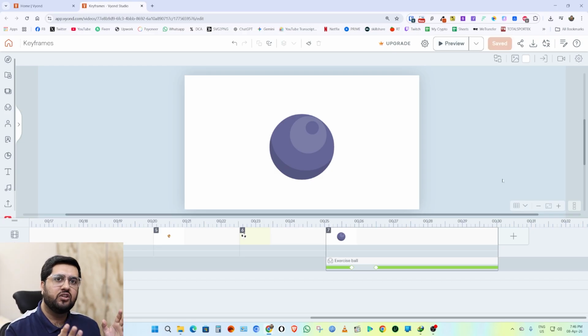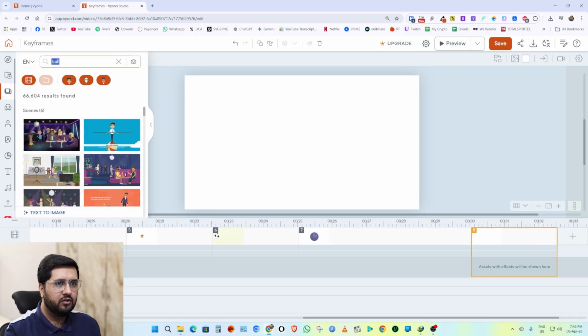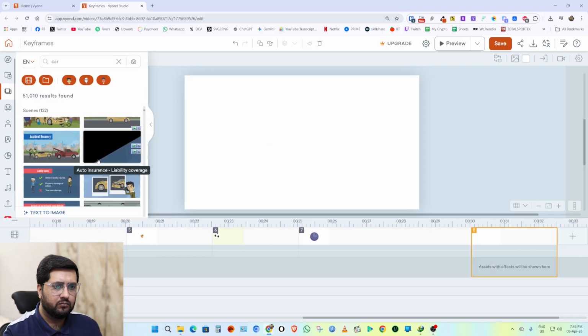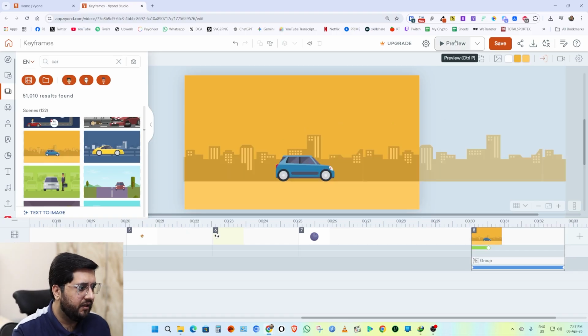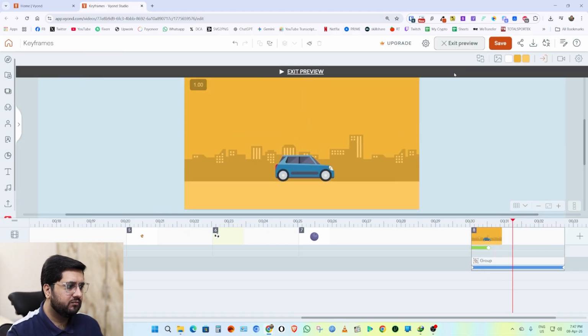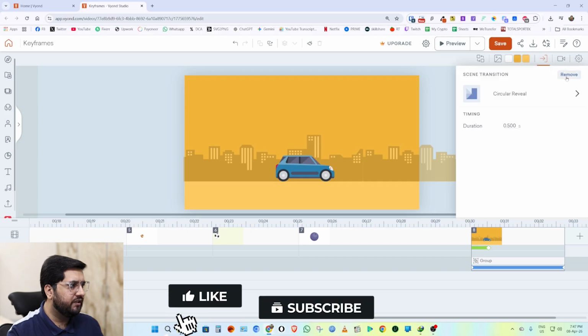I want to show one more example where I also show the interfact and also show the keyframes or motion path. So let's choose scene, car. I will bring this scene. Let's preview it first. Let me remove the scene transition,